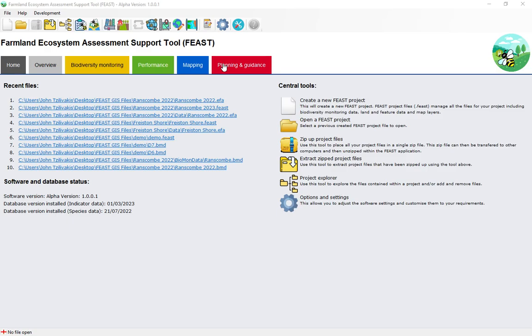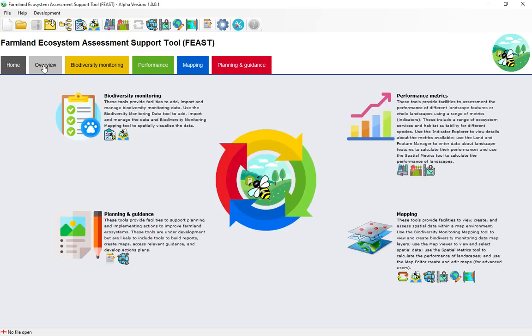Across the top here then you'll see these different tabs. The first one here is just an overview tab. This is there to give you an understanding of the general concept of the software and the tools within it. It starts with the idea of using your biodiversity monitoring data to understand the status of biodiversity on your farms in terms of the observations that have been made, and you can access the different tools there. Then, having an understanding of what biodiversity you've got on your farm, or perhaps what isn't there,